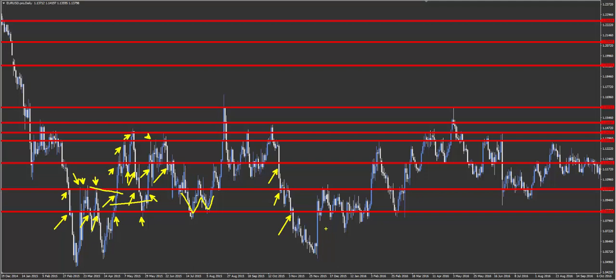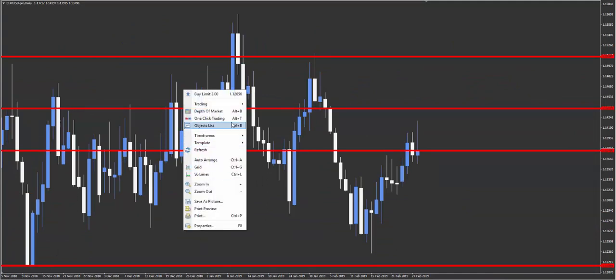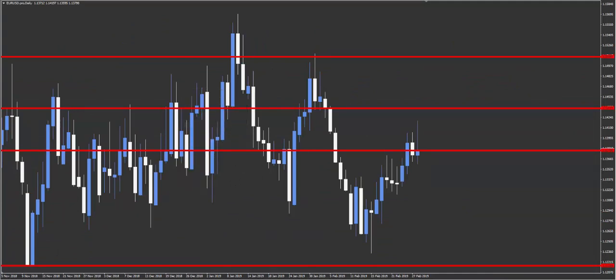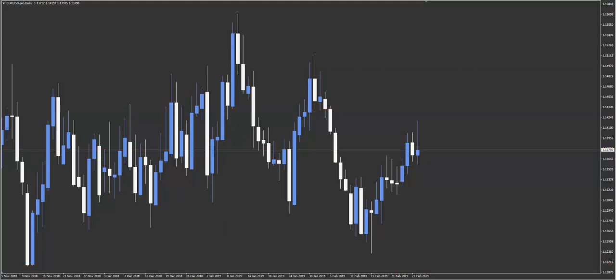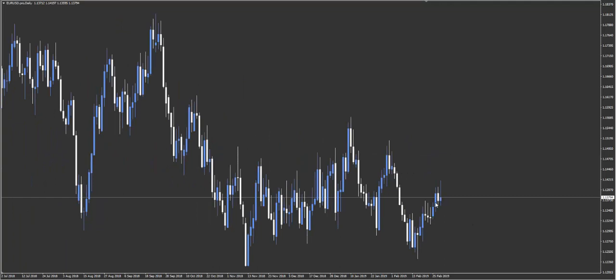All right. I can see this line here. I could plot it. I could see this one. I could plot it. But ultimately, do I know it's going to turn perfectly in these zones? No. Support and resistance is just a little bit of guesswork, to be quite frank. You're better off getting rid of all of your lines off your chart, having a completely blank chart, and only using the short-term support and resistance that's around you.